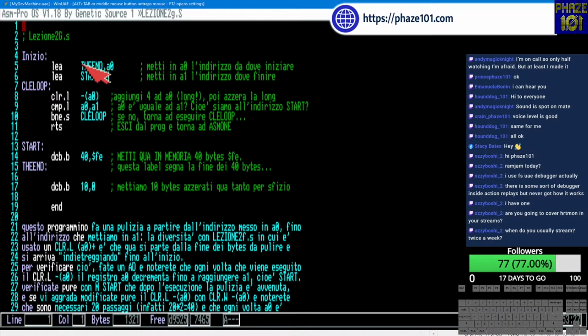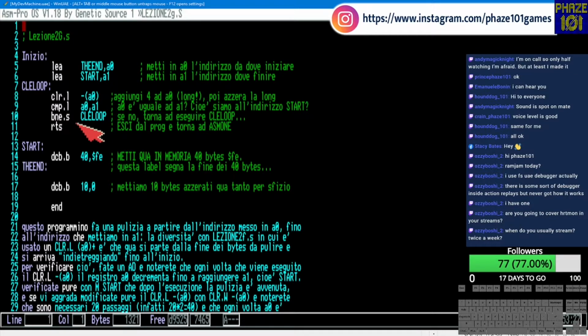Here we are putting the address of the end, where these 10 bytes start, into A0, and then the start into A1, so we basically swap these two, and then we clear the memory,